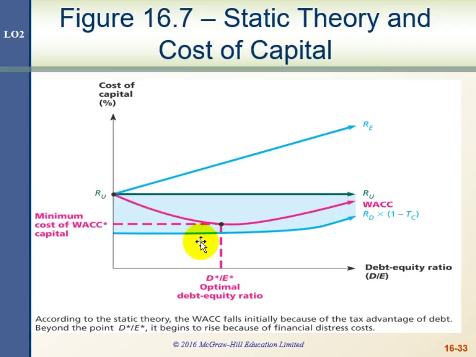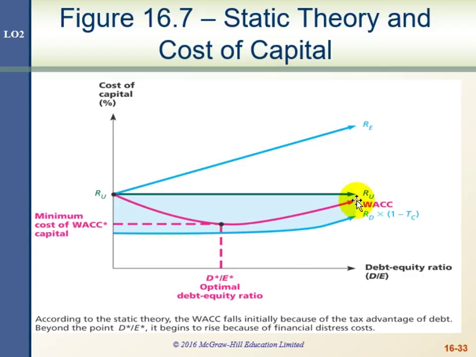And so the return on debt is no longer just a line all the way across. It actually increases at higher debt equity ratio levels because of the extra riskiness. And as a result, the weighted average cost of capital, instead of uniformly going down, is now starting to curve back up again because debt is becoming more expensive. We can see that return on equity is still more expensive, so the financial risk costs increase the demanded rate of return on equity. But now we see that the financial distress costs also have an impact on the debt side, and so both of the returns in weighted average cost of capital are both going up.